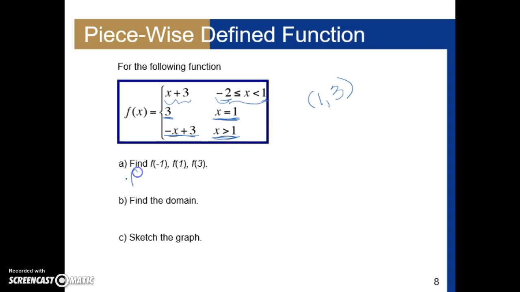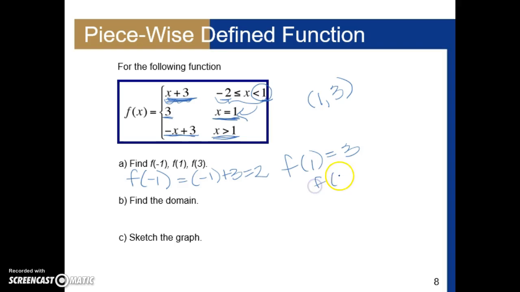So let's do A. Find f of negative 1. Negative 1 is in this interval, so I'm going to use this piece of the piecewise defined function. So that is negative 1 plus 3, or 2. F of positive 1 is not in this interval. It's right here. So f of 1 has to be 3. F of 3 is in this interval of the domain. So that is negative 3 plus